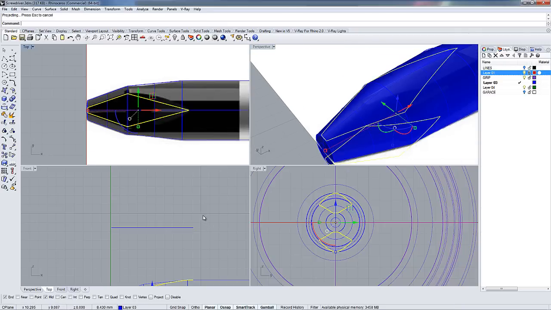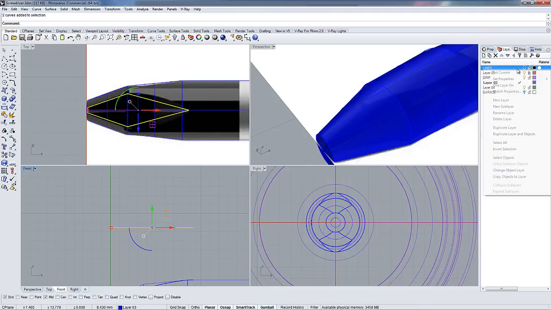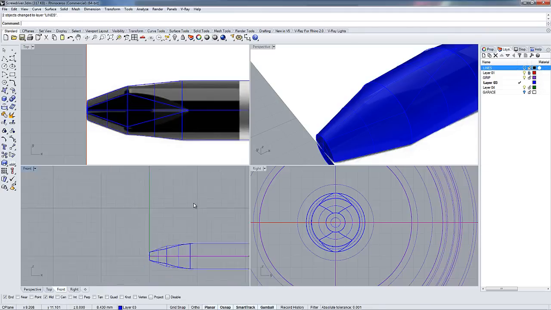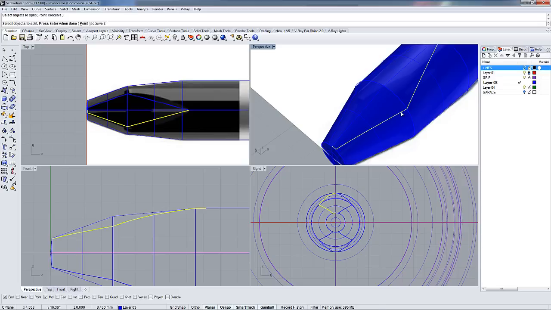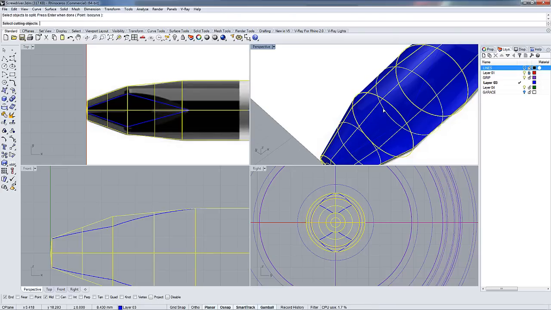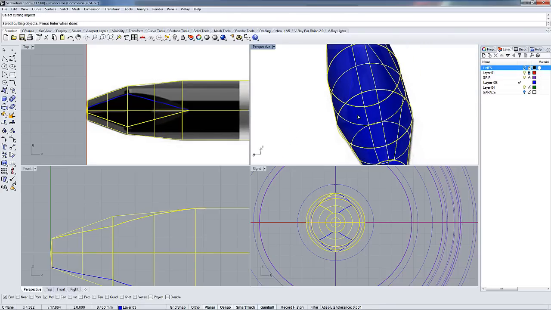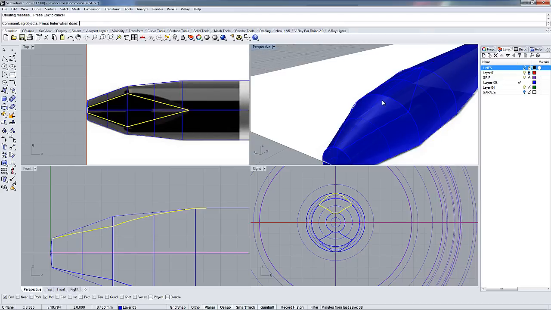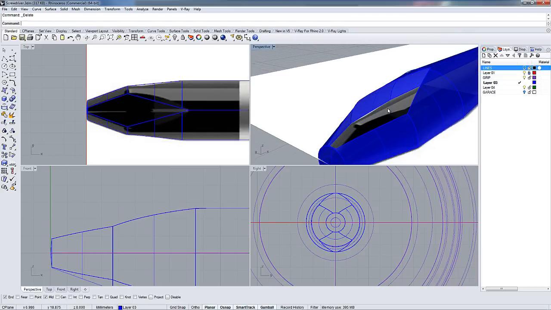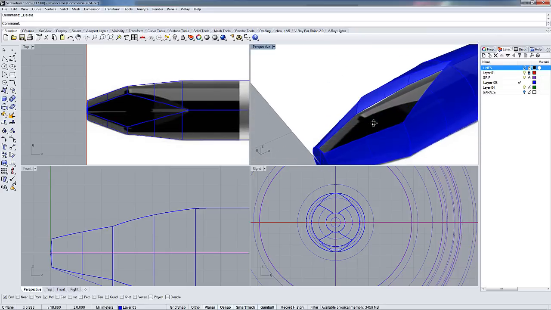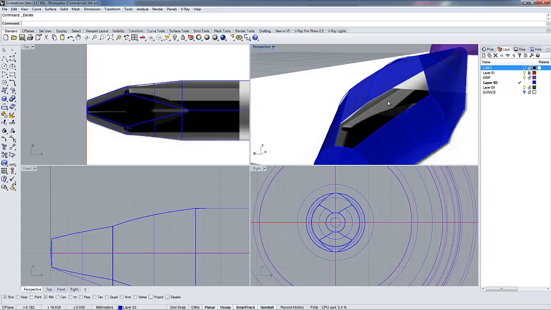So now you can move this line to the lines layer, and you can now use split and select the body and then the lines you just made. Okay. So now you have this useless surface and we made a hole into the body,